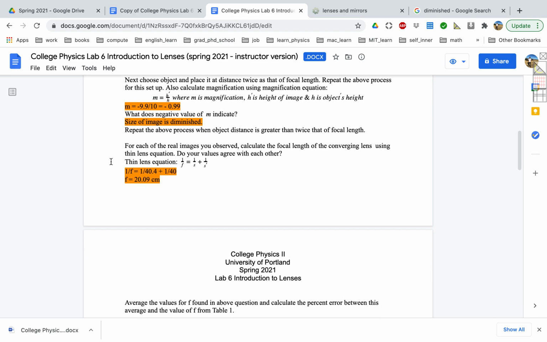Here students are asked to find, so they measure the focal length, meaning they record the value of focal length from the simulation, but they will also record the value of the image distance. The object distance is d, the image distance is d', and by using this object distance and image distance they can calculate this value of focal length and then make a comparison between those two values. So do your two values agree with each other? Answer should be